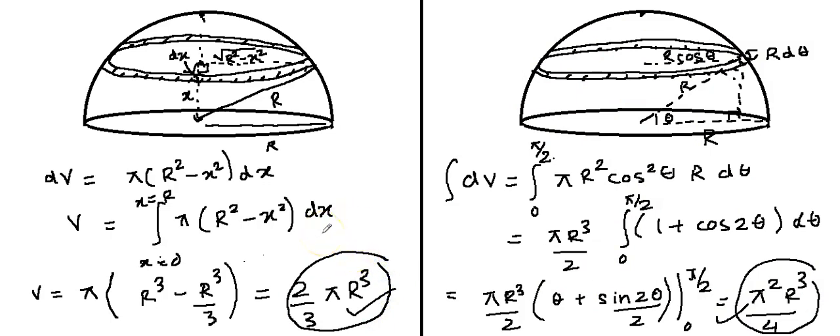Hope you understand why this derivation was important, and I'll be happy to know your views as to which one of these is actually correct. Before we finish, I'd like to leave you with one question. If you had to find the surface area of a hemisphere, which method would you choose? Method 1 or method 2?